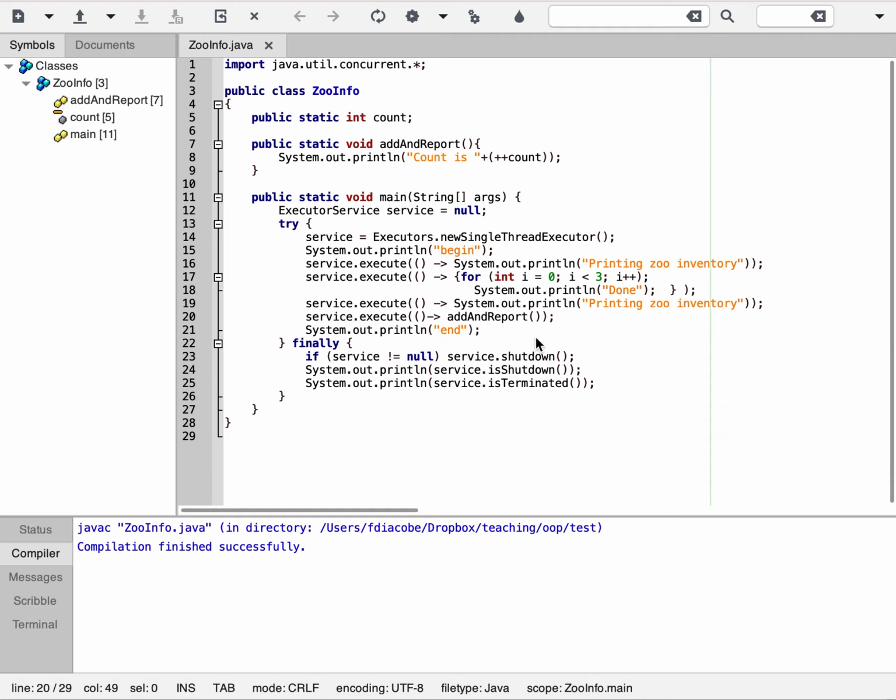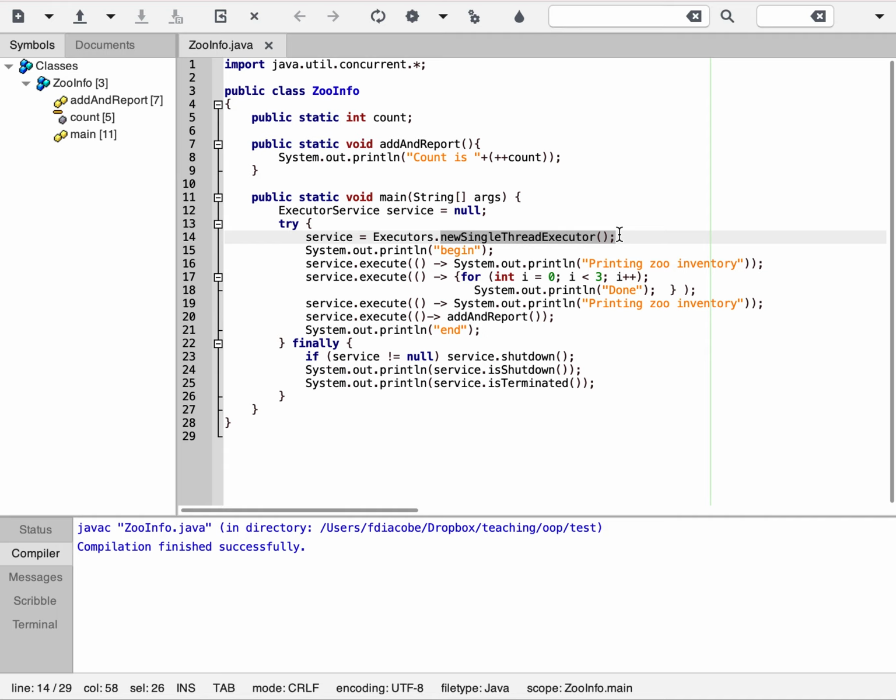Here it is, right? So they execute and they sequentially execute these threads. Now, what happens if I want to execute all these threads at the same time? That's called pooling, because the CPU will assign a slice of time to each one of these. But for that, I cannot call the execute method, and I cannot have a single thread executor, okay? I need a different structure. For that, I will need a pooling thread